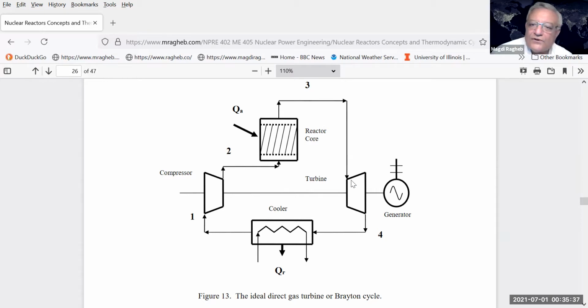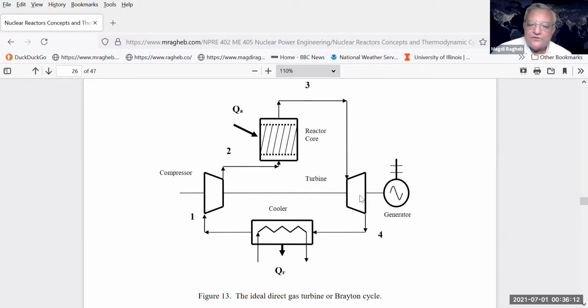Then the gas goes to a turbine and expands, producing electricity. Now we can use some of that electricity to pump the gas into the system, but electricity is an expensive form of energy because it went through the conversion process from heat to mechanical energy to electrical energy. So in that case, instead of using electricity to pump the working fluid, we place a compressor that will circulate, or a circulator for the air, or a blower, if you want to call it, along the same shaft as